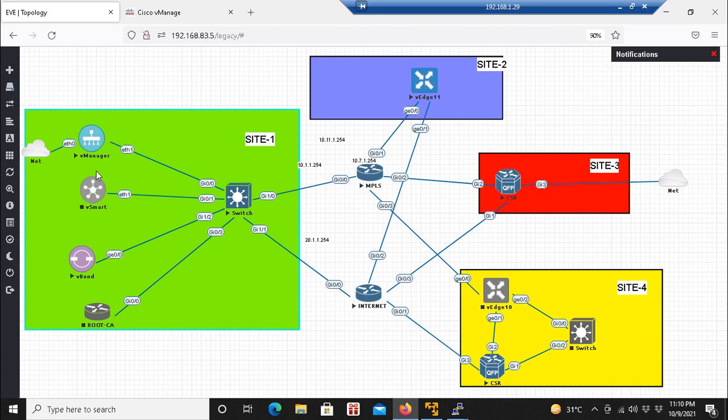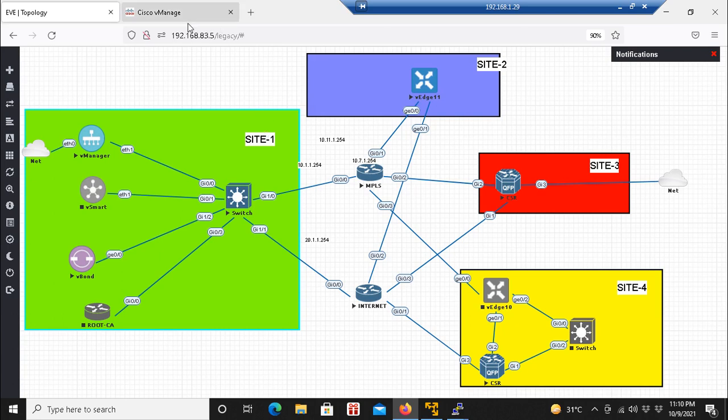So for 12 hours, if vSmart remains down, this WAN edge will still have the OMP updates about the other WAN edges. But after 12 hours, this WAN edge will flush the cache and try to communicate to vSmart again, and if vSmart is down, the data connection will go down. So this is the OMP graceful timer.